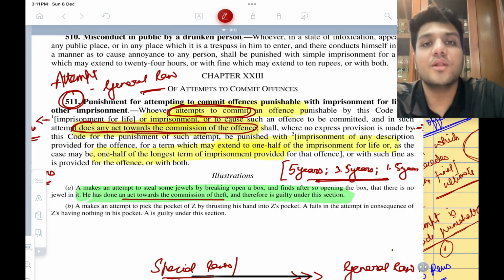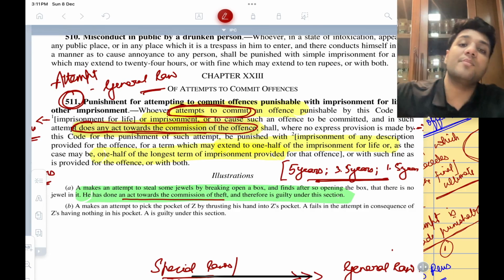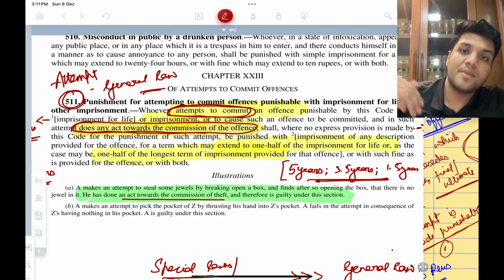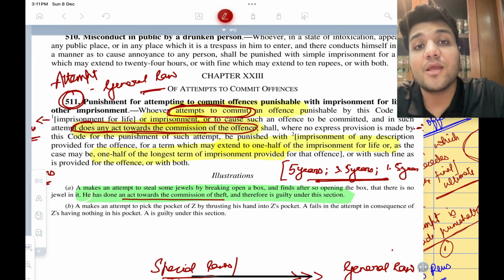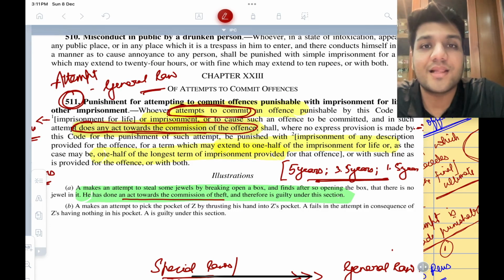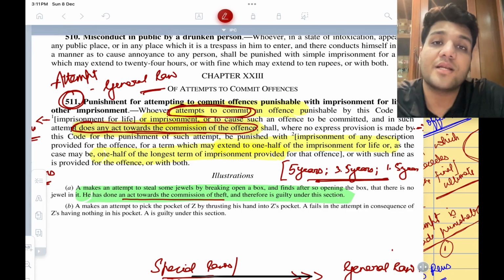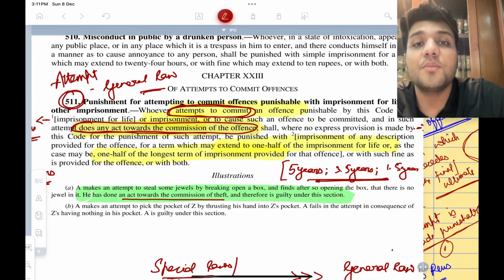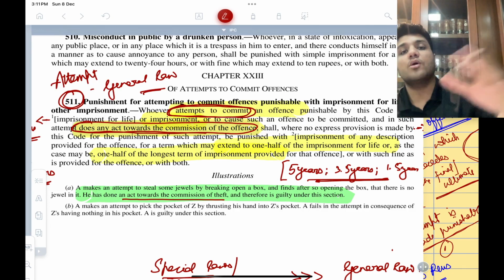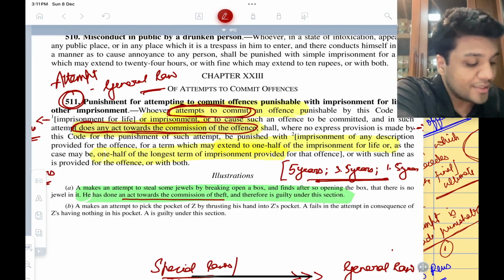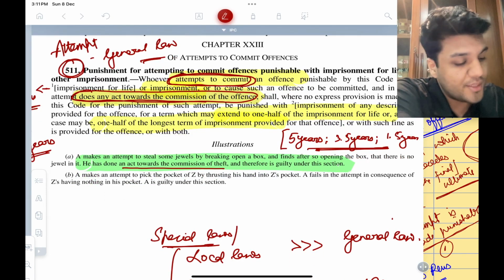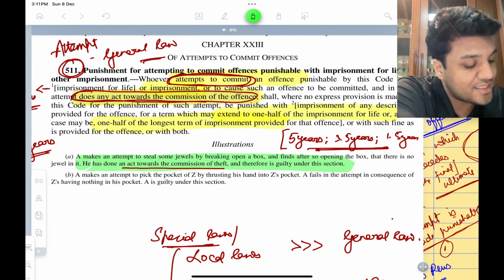stealing. But on the other hand, in the proximity test, just by breaking open the box, that person has now become liable, because breaking open the box is closely related to the ultimate offense, even though this might not be the penultimate act which is required to be done to commit the offense of stealing. Right? So similarly, in illustration B, you may see that A makes an attempt to pick the pocket